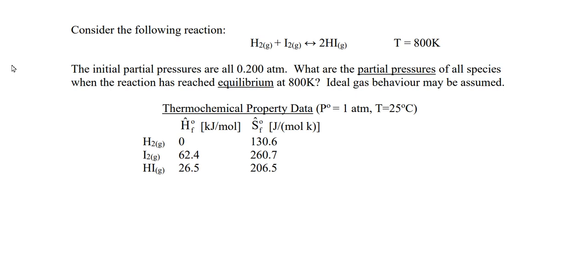Use the thermochemical properties given below. What is given here are the standard specific entropies of formation of each species and the standard specific enthalpies of formation of each species. Specific properties are denoted with a hat to be clear and to distinguish between total properties, which would not have the hat. So thermochemical data that has a hat above it are on a per mole or per mass basis. In this case, they're per mole. Proceeding now with the solution.